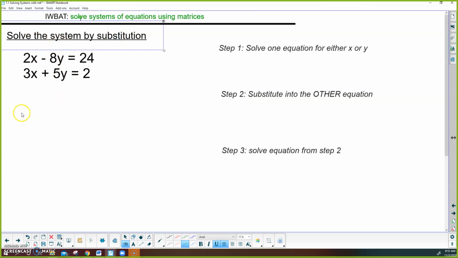Take the same system of equations. There are 2 variables, 2 equations, and 2 unknowns. We have 2 x's and we have 2 y's. What are they equal to? Well, we have an idea of what the answer should be because I graphed them and it gave me a pretty close estimation. So now I want to solve one equation for x or for y, and it doesn't matter which one you pick. However, there's usually an easier choice. So I'm actually going to have you guys take